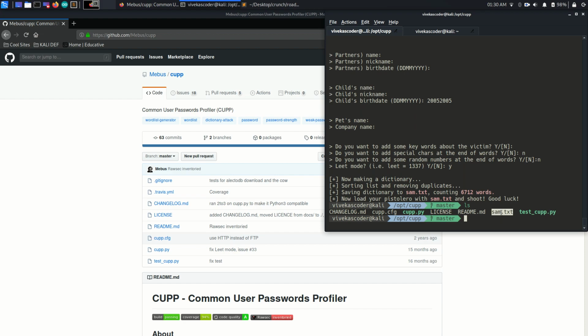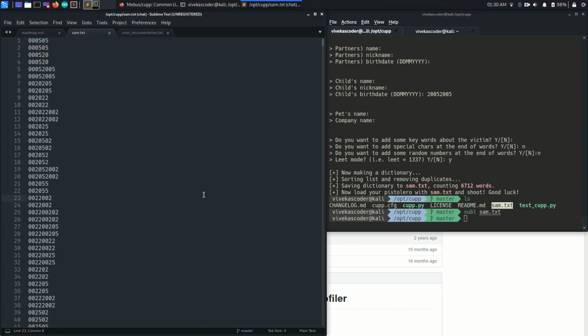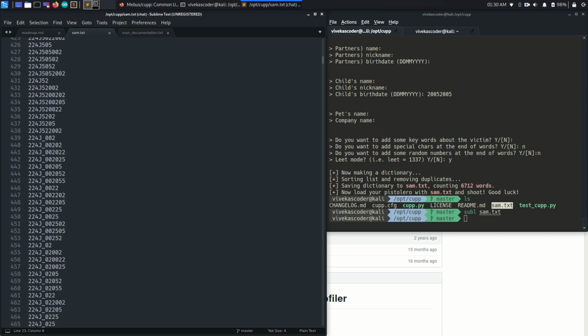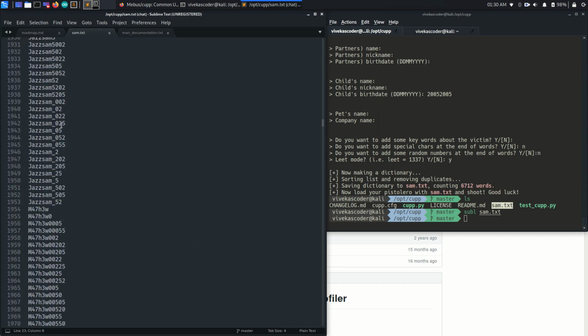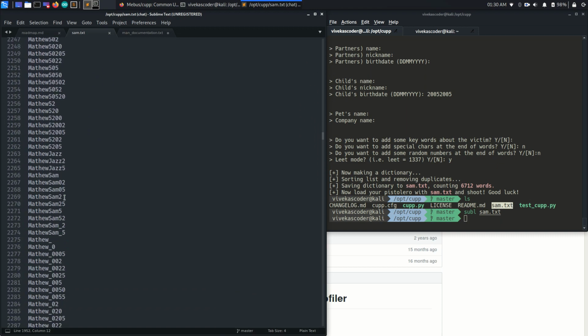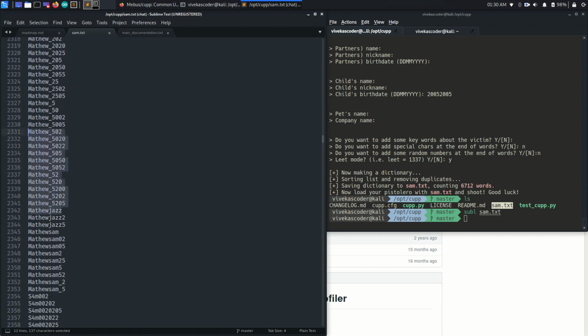sam.txt. So now if I open it with my Sublime, sam.txt, you will find the generated output. This is actually a word list which is based on the input fields that we have provided. So now it's kind of cool, it can be useful. Yeah, it is quite useful.